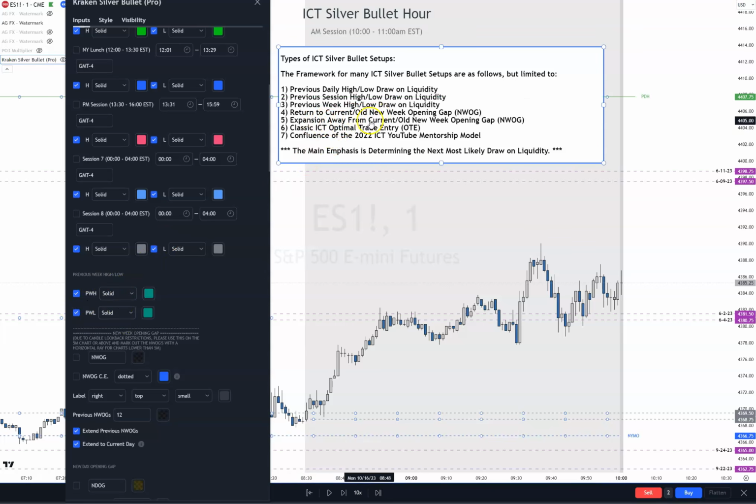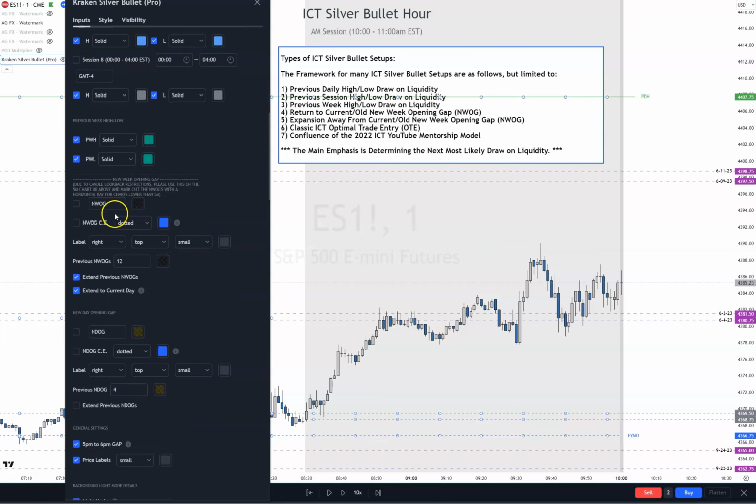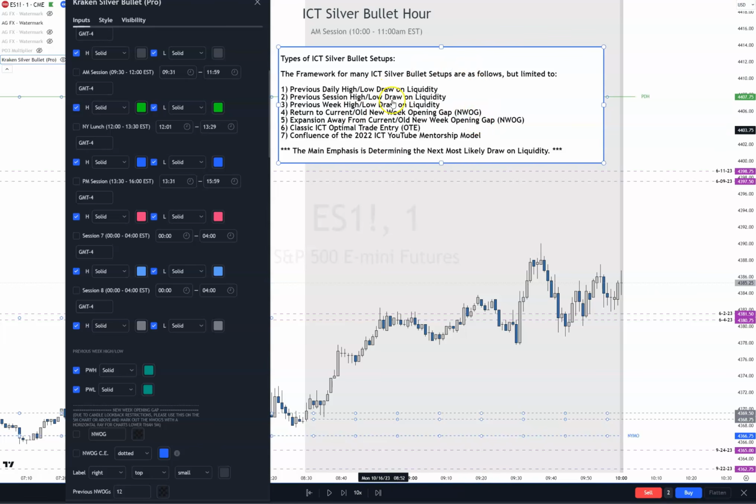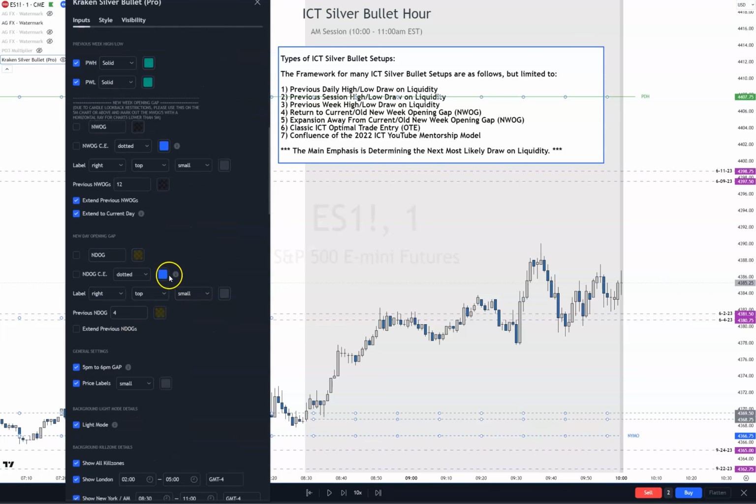Return to and expansion away from new week opening gaps, here's new week opening gaps. Okay, so everything you have for trading his ICT Silver Bullet setups that he originally came out with and said, here's what you need to trade these time-based hours of the Silver Bullet hours, it's all in this indicator right here. It also has new day opening gaps,